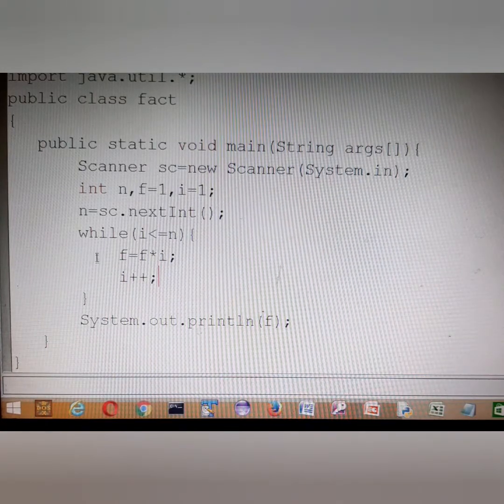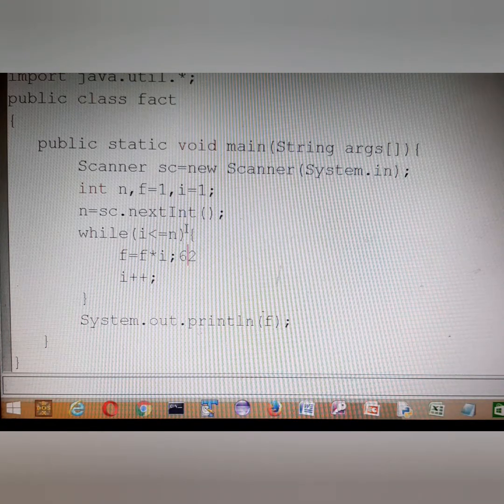So how does it work? f was 1, i is also 1, 1 into 1 is 1, which will be stored in f. i plus plus will become 2, 2 is less than or equal to 5, yes. f was already 1, 1 into 2 is 2. Now this 2 value will again be given to f. i plus plus becomes 3, 3 less than or equal to 5, yes. f was already 2, 2 into 3 will now become 6.